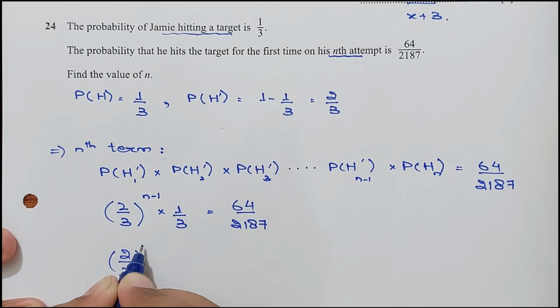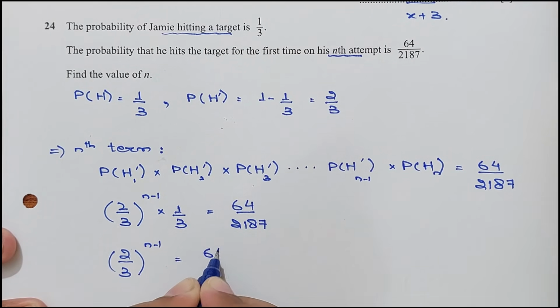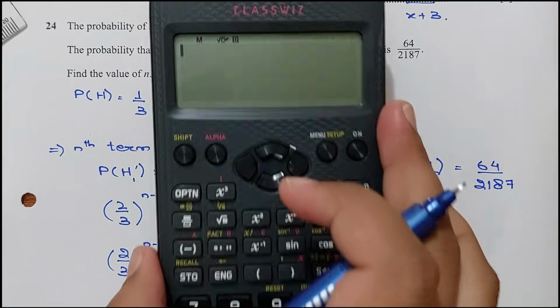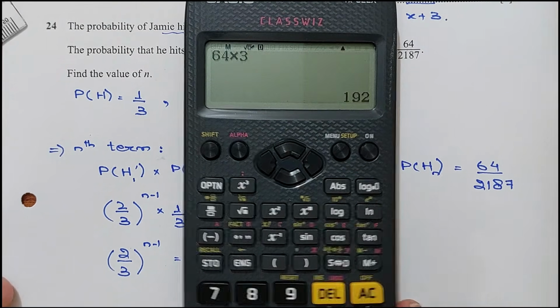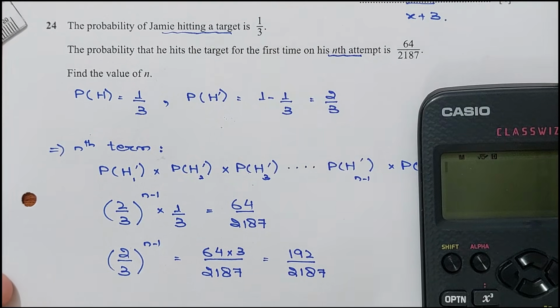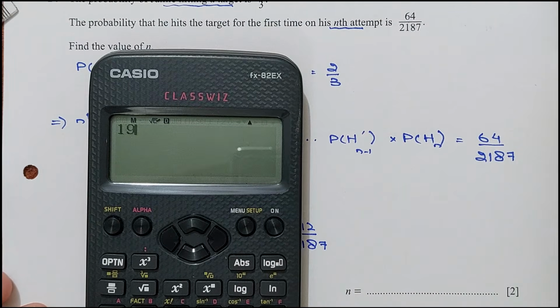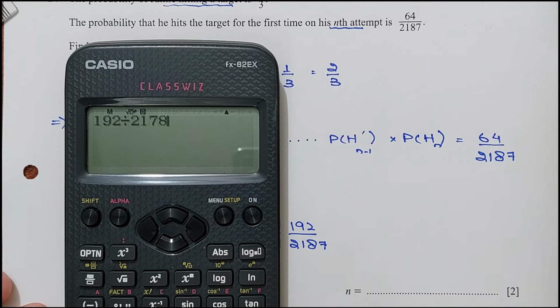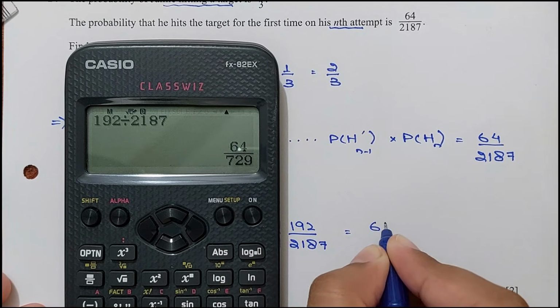2/3 power n minus 1. This is 64 times 3 over 2187. All right. So 64 times 3 is 192. 192 over 2187. Right. So we have to solve for n. Let me convert this into simplest form. 192 divides 2187. Sorry. 192 divides 2187. Yes. 64 over